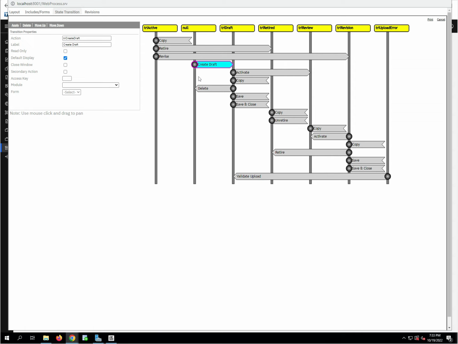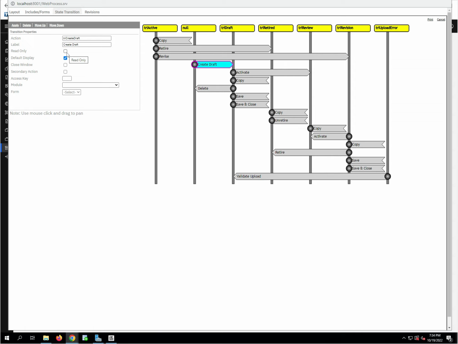For instance, in the lease, whenever you revise a lease, there's a form that pops up on that transaction, and then you have to fill in the information, and then that particular record gets saved. But we do have properties for the state family here. So on the form with the state family, you can be